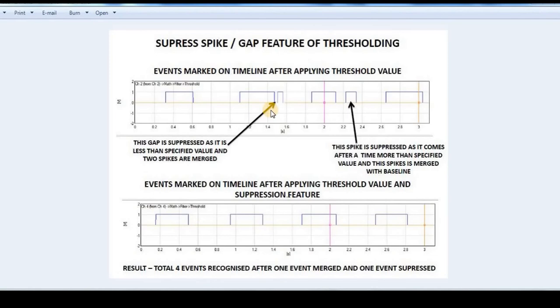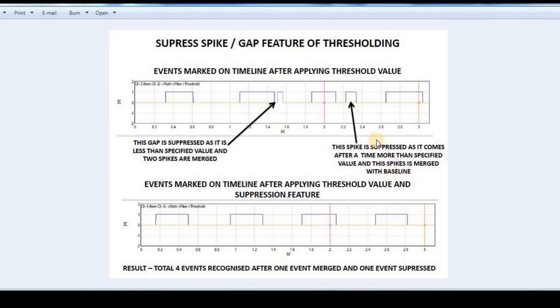But we find that in some cases there are some small spikes, like there is a spike here, or there is a rectangular waveform here, and there is a waveform here. Now what this suppress spike and gap feature does is, if we do not have this suppression feature, our waveform after the thresholding application will be like this, and we will have 1, 2, 3, 4, 5, 6.